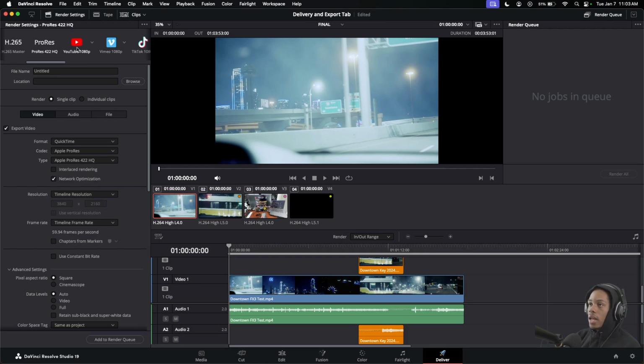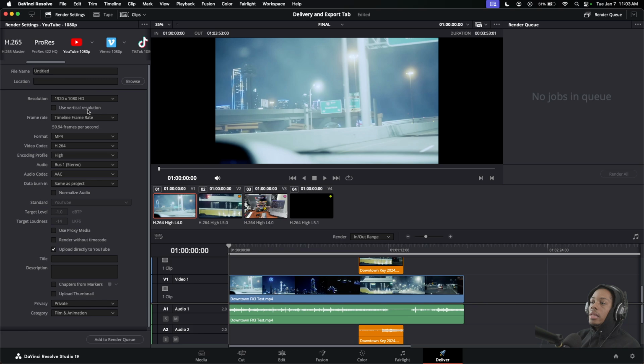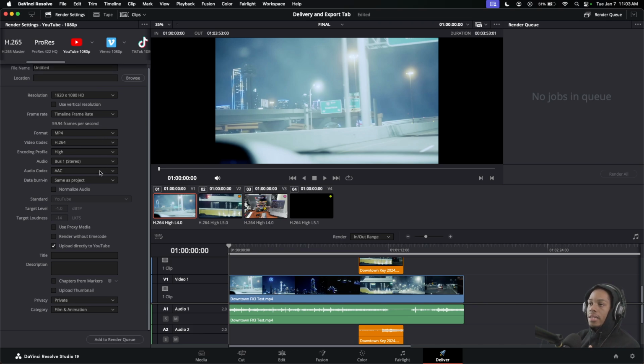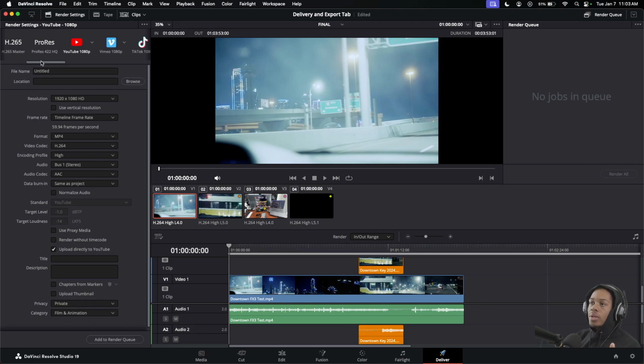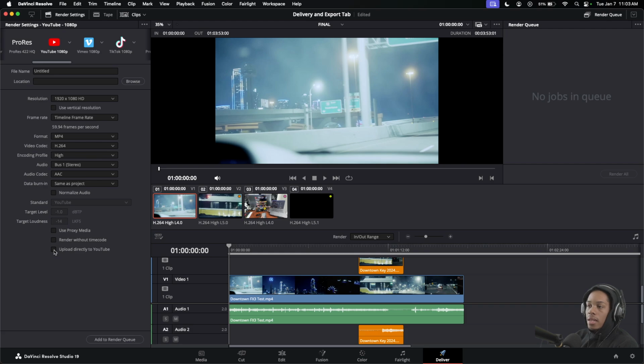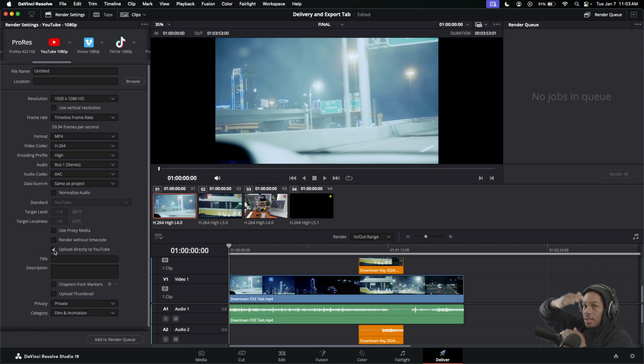You can also select your social media platform. So this will give you a little bit more settings centered towards it. If you don't know what to do with the custom export, YouTube is probably the easiest, and you don't have to upload to YouTube. You don't have to do that at all. You can choose to unselect this and it will not post to YouTube. But if you want the minimalist amount of settings, if you just want to edit, keep it super easy, just click the YouTube